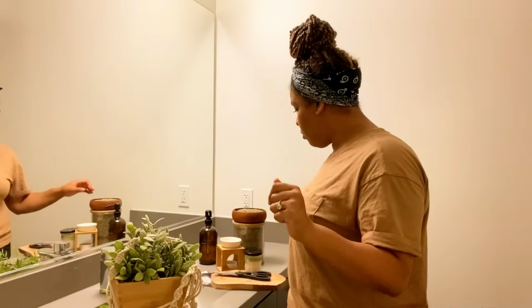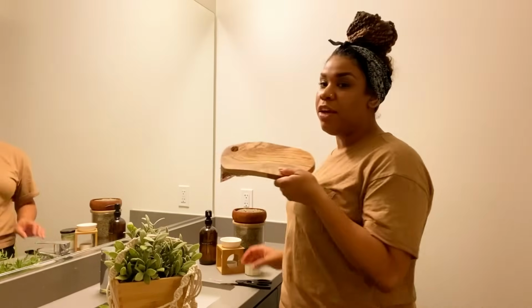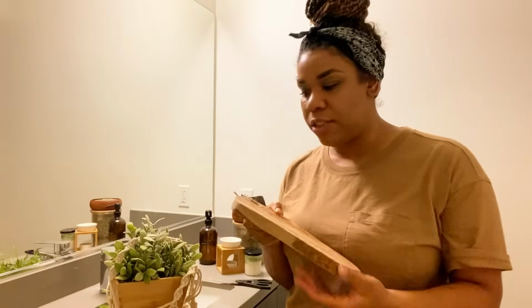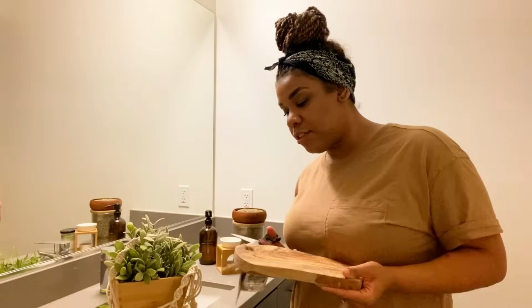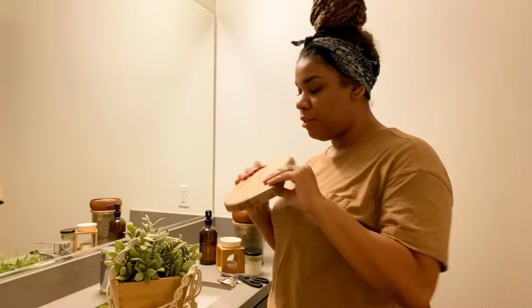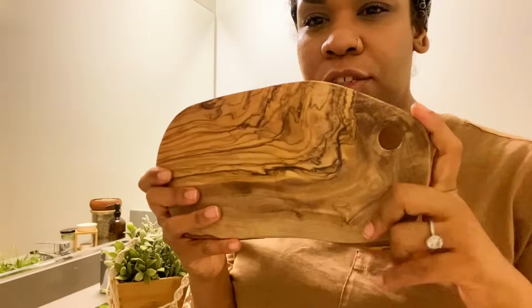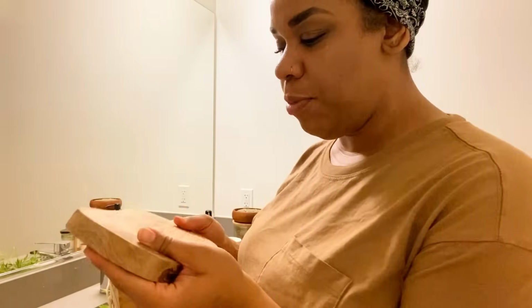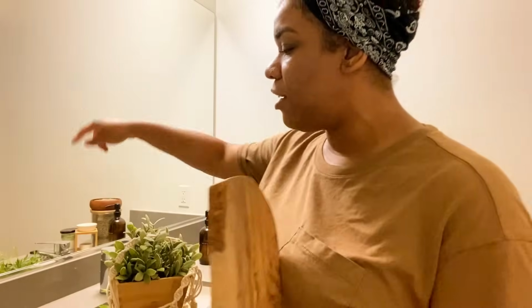We have all of our decor pieces, including my favorite piece, and I think my sister's new favorite piece. This little thing that I found at Marshalls. It was actually a cutting board, but it was $7.99, and I'm going to use it as the little soap dish, because usually people have a white porcelain soap dish, but this is beautiful, and it's just such a nice piece. So I'm just gonna cover this hole just so you don't see it, but it doesn't really bother me that much. But it's just such a cute piece, and she loves everything looking really natural, not a lot of color, as you can tell. So I thought this was a cool way to warm up, because this sink is gray,